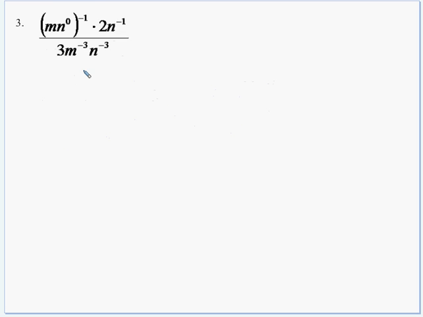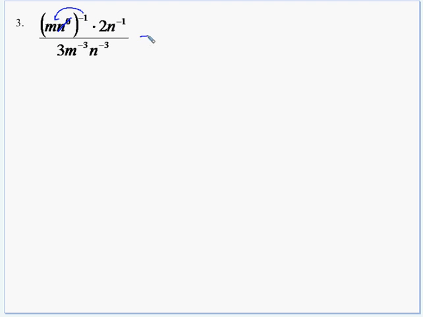Our next one. Right here, we have this n to the 0. Anytime you have an exponent that's raised to the 0, automatically just cross it out because it equals 1. So if you just go ahead and get rid of it now, we won't have to deal with it anymore. So now let's go ahead and get rid of this parentheses here by distributing this negative 1 just to